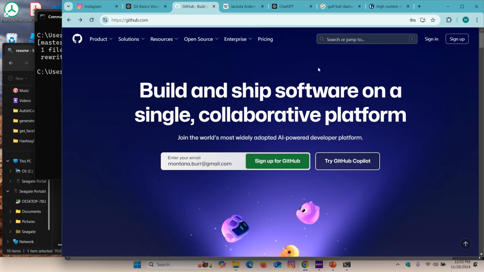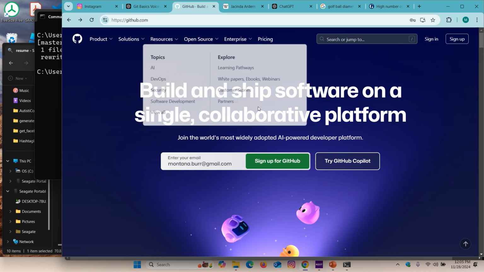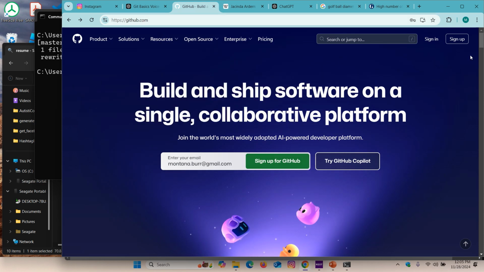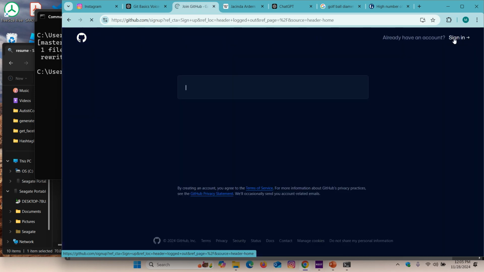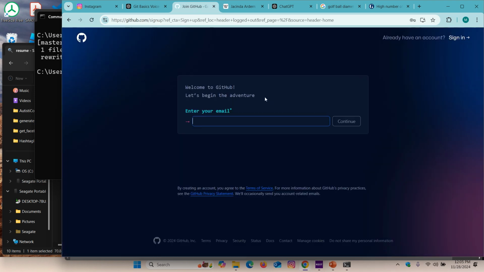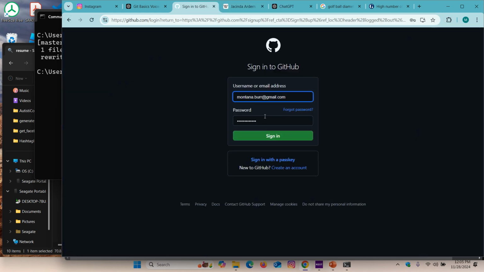So let's go ahead and create that GitHub repository. Open your web browser, go to github.com, and then if you don't have a GitHub account, you're going to click sign up, and go through this setup process here. I already have an account, so I'm just going to sign in,